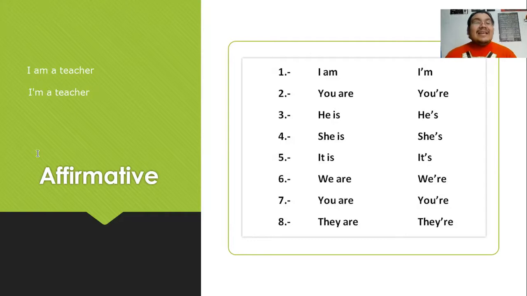Entonces, that is what contractions are for. Eso es para lo que funcionan las contracciones. That's their only use. Ese es su único uso, to be honest. Contracting so you can improve your fluency. Contraer las cosas para que puedan mejorar su fluidez. And how do we do that? ¿Cómo hacemos eso? There are some rules, hay algunas reglas.